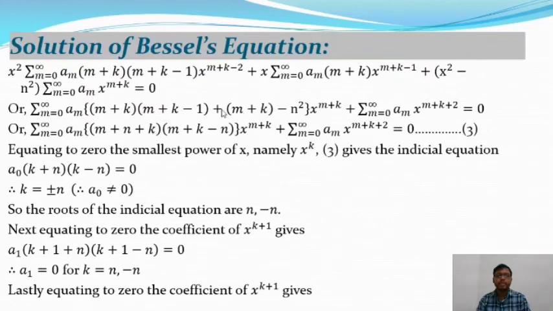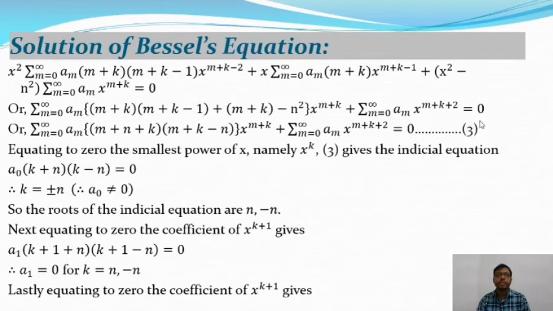Okay, after simplifying this equation, we get (m plus n plus k) into (m plus k minus n) of x to the power m plus k, plus summation over m equal to 0 to infinity a_m into x to the power m plus k plus 2 is equal to 0,